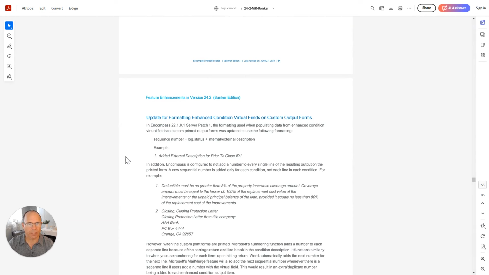There's an update for formatting enhanced condition virtual fields on custom output forms. Okay, this is actually a thing. Like I said earlier, I've been working with enhanced conditions since December of 22. Back then you couldn't even print these things. It was literally broken until like May or April of 23. And so right here, it looks like what they're doing is